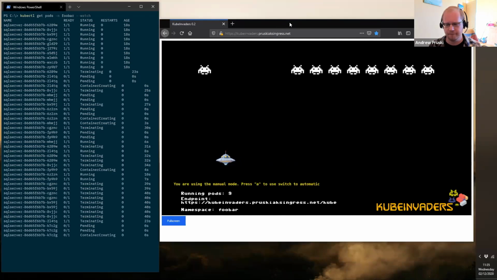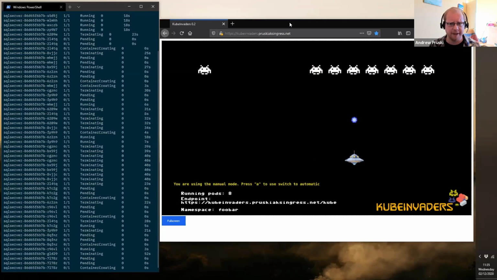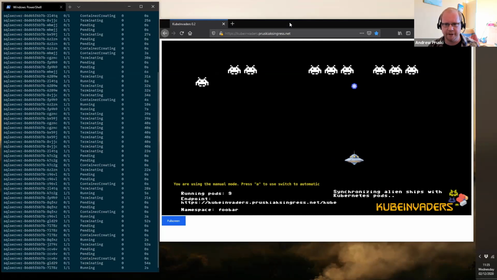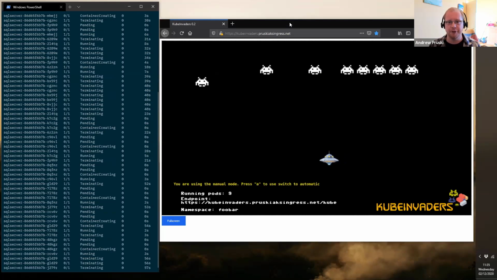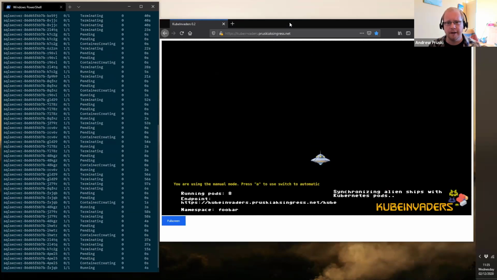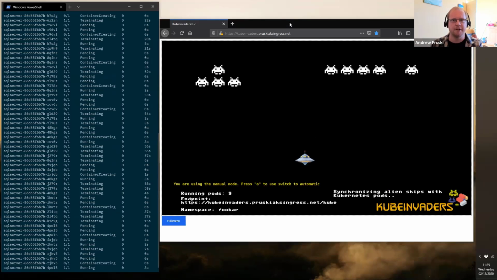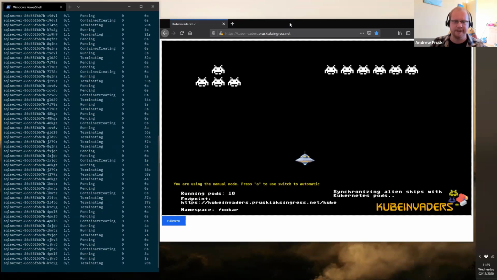Let's kill it again. Let's get rid of some more. On the side there, we can see Kubernetes killing off the pods as I'm playing the game. Why did that one stay there? Go, there we go. And spinning up those new pods. So eventually it will keel over, because no application likes to be constantly killed and spun up. What's good about this is I can stick it into automatic mode